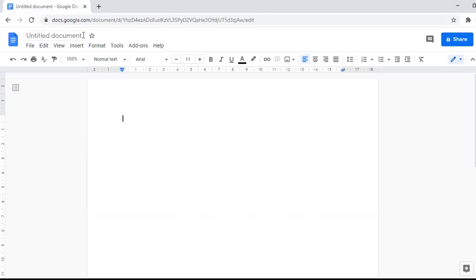I'm giving session 1. You can see here saving, save to the drive. That means whatever name or data we give, it is automatically saved. That means this Google document has an auto saving feature.